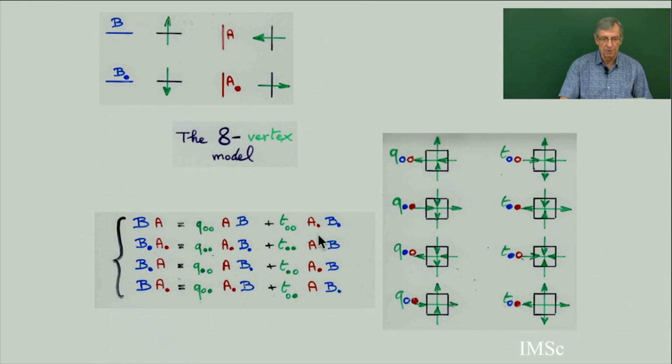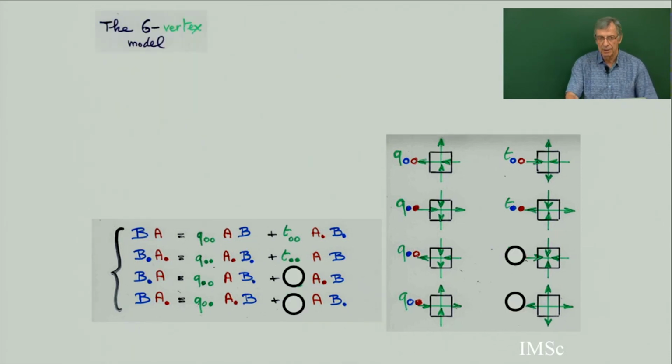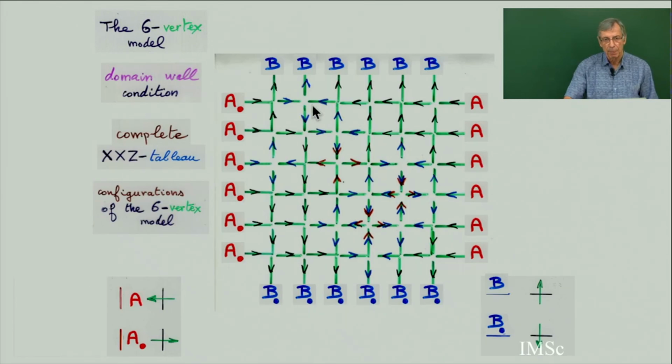For the 6 vertex model, you put a 0 for these two parameters, the same as the alternating sign matrices. So for the 6 vertex model, you have 0, 0. So this configuration is forbidden, which means that there are 4 edges getting in, or 4 edges getting out. So what remains is the 6 possibilities, where 2 edges are getting inside the vertex and 2 edges are going out. So it is the 6 vertex model defined with edges. And this is solvable with periodic boundary condition, etc.